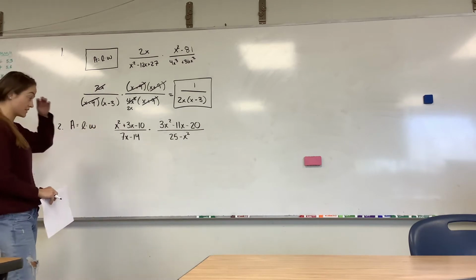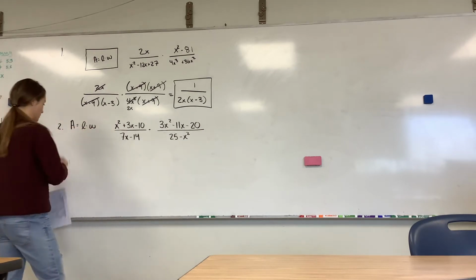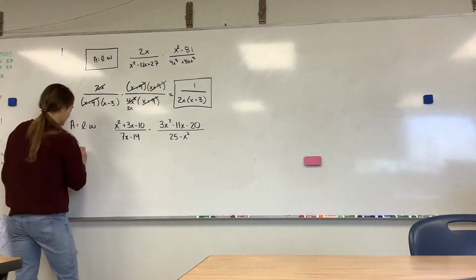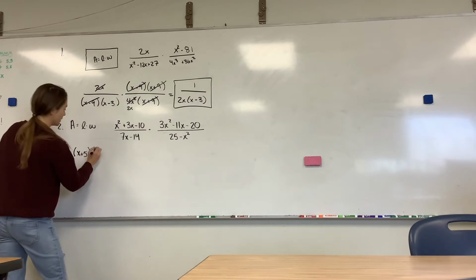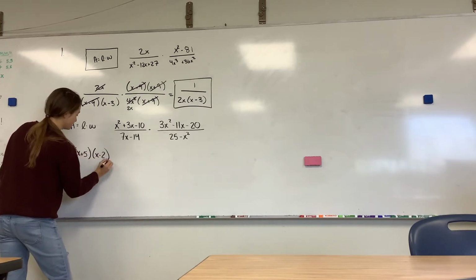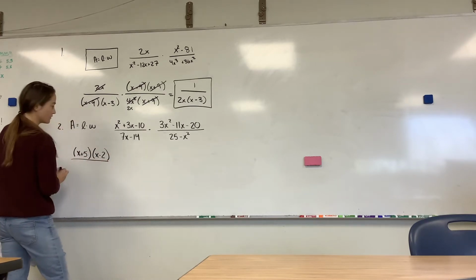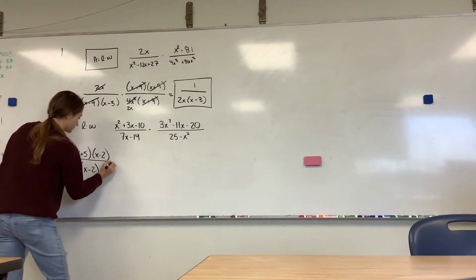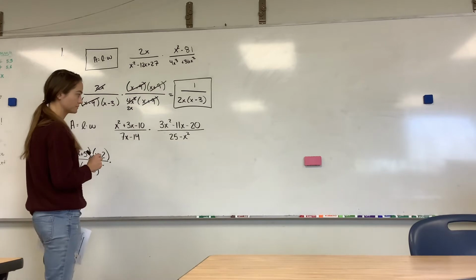I'll work in the same order. So if I factor this one, I get an x plus 5 and an x minus 2 all over, I can take out the 7 and I'm left with an x minus 2 times,